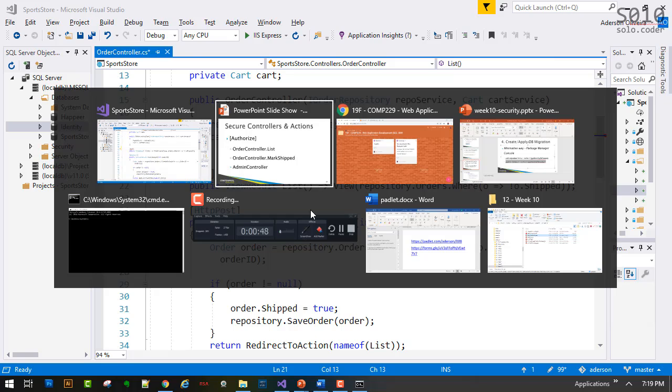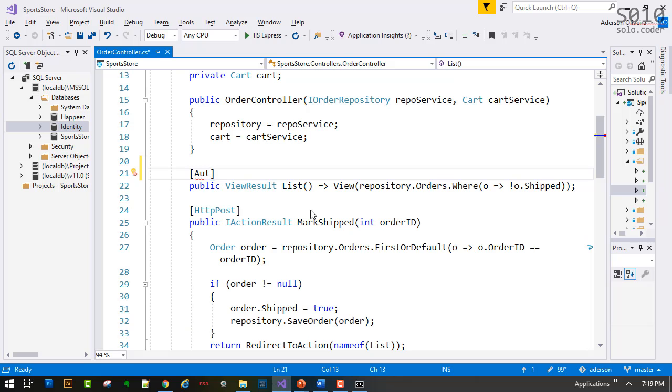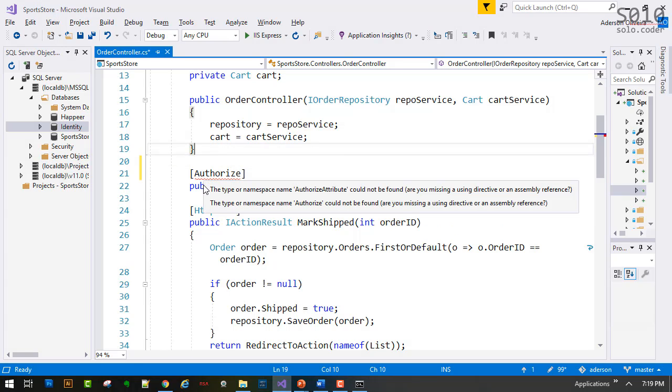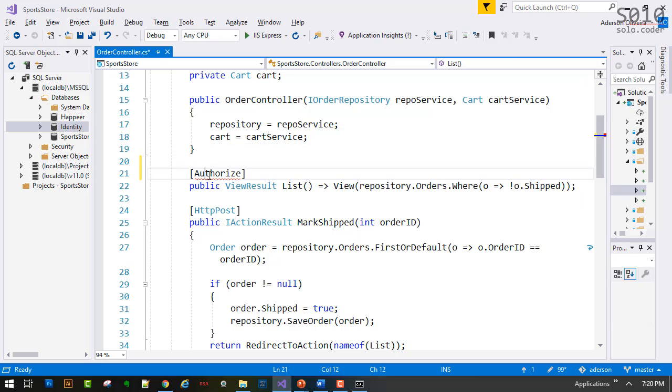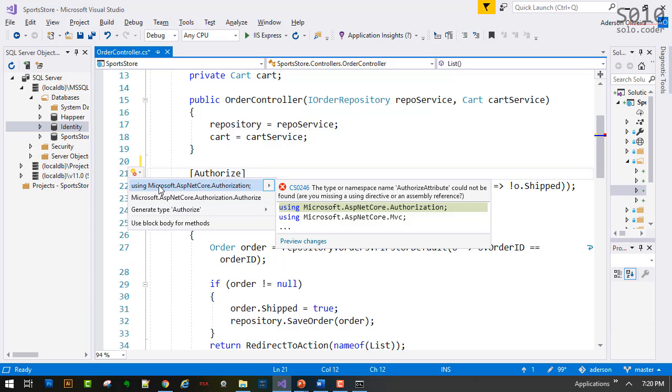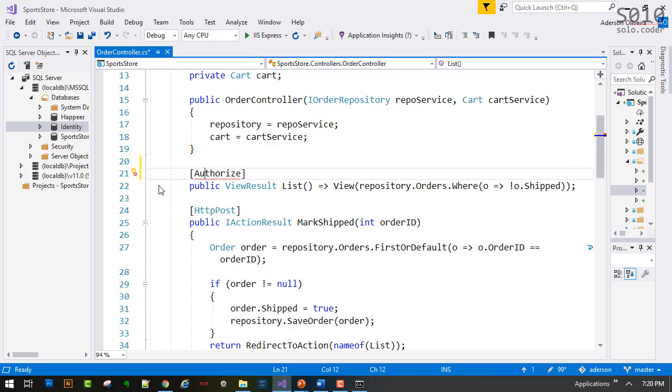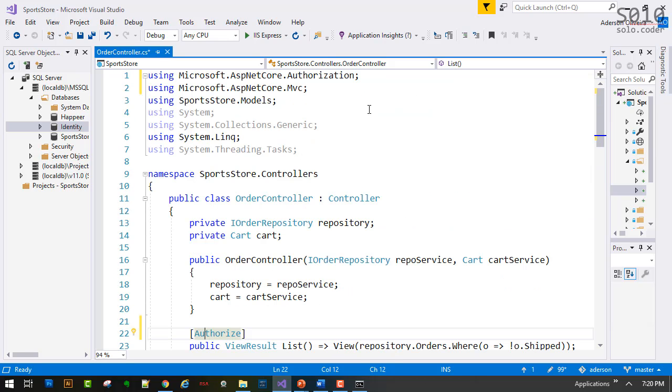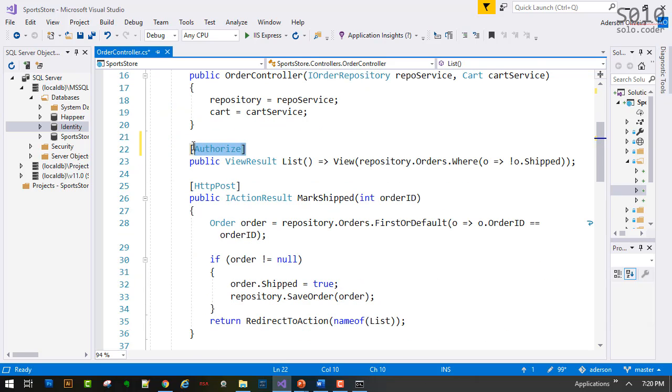Actually, let me see here. It's the authorize. It's because we don't have the namespace yet here. So we're gonna add the namespace, Microsoft.AspNetCore.Authorization, authorization, not annotation. And just by doing that, if I run this again,